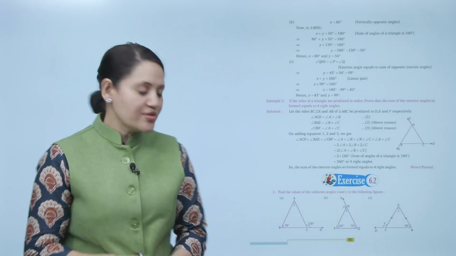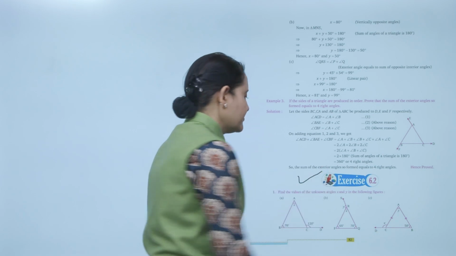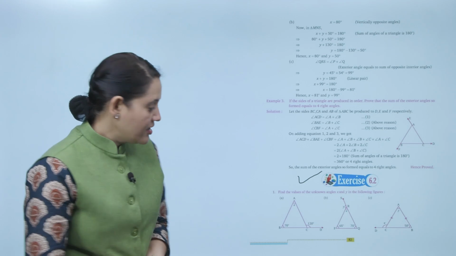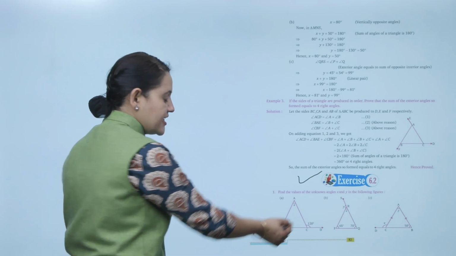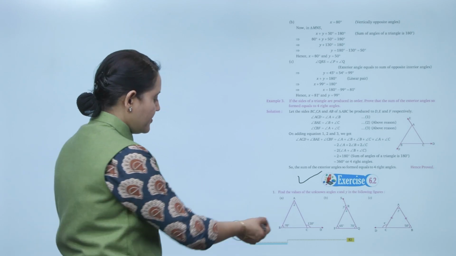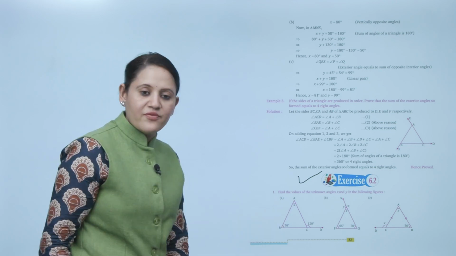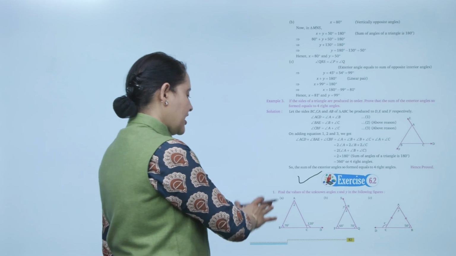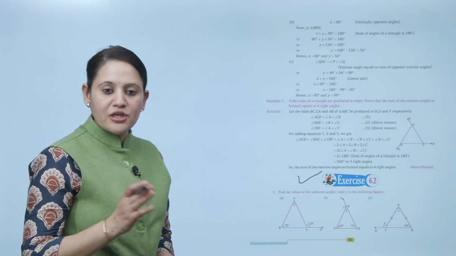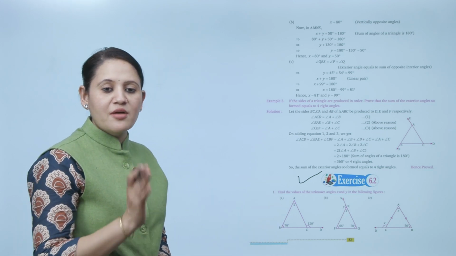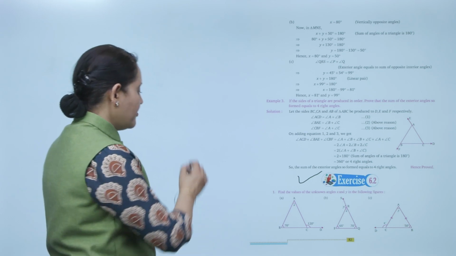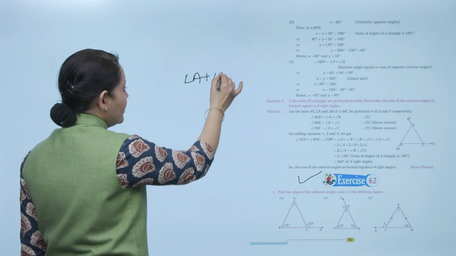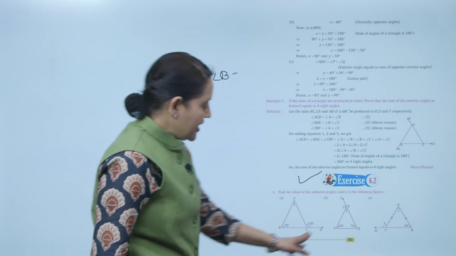Next is exercise 6.2. Find the value of unknown angles x and y in the following figure. Here one exterior angle is given and angle B is given. We have to find the value of angle A. As we know, according to the exterior angle property of a triangle, the exterior angle is equal to the sum of two opposite interior angles, meaning angle A plus angle B equals angle ACD,